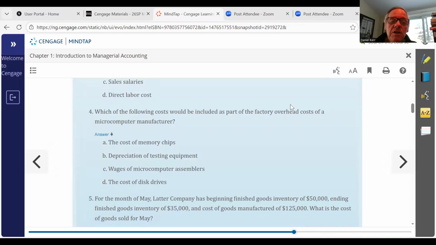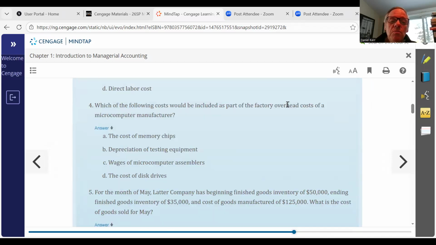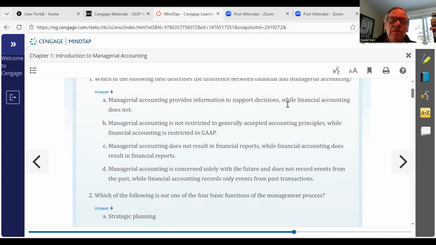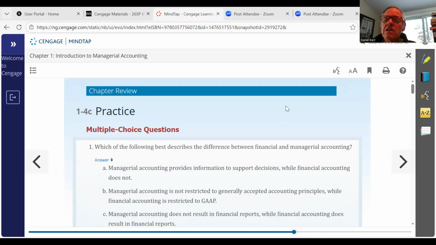Here we go, practice multiple choice. And let's share practice multiple choice. Okay. So here's what I want you to do now. There are 5 practice multiple choice questions here. I want you to pause the tape and give yourself about 15 minutes and answer these questions without looking at